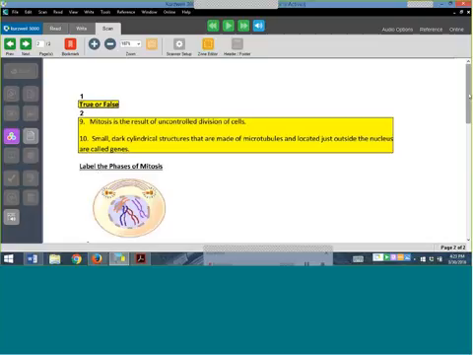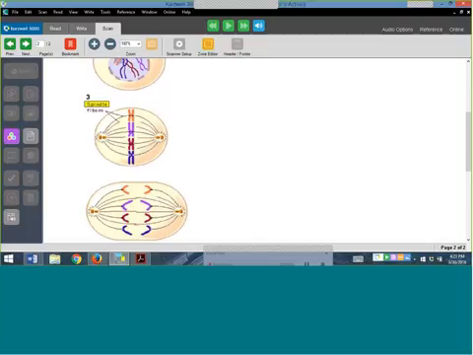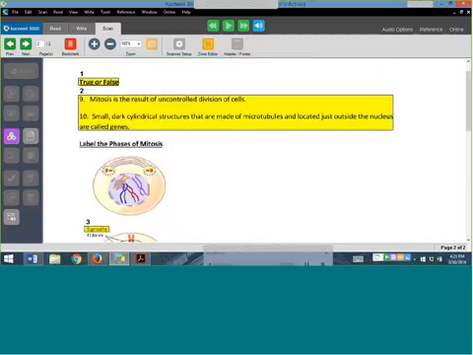I need to add a zone or adjust that one zone down. Also here in the diagram, it missed spindle fibers. So I'll want to drag that down or add another zone. So here on this page, if I wanted to